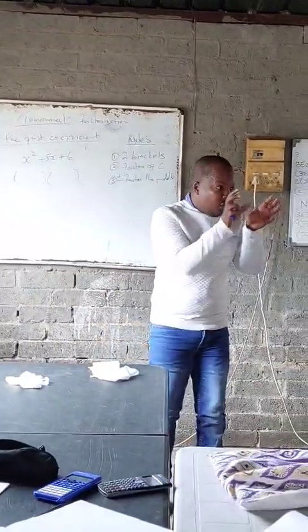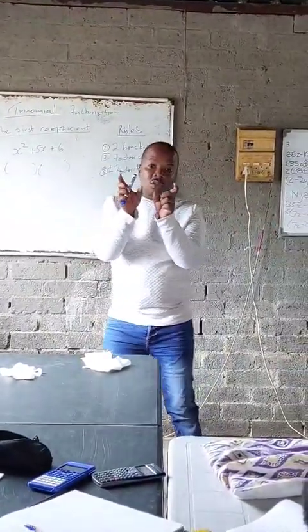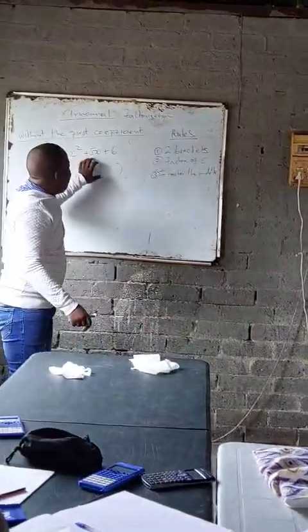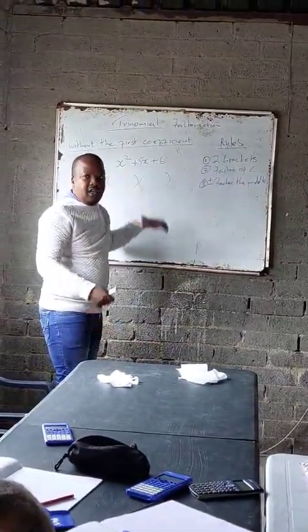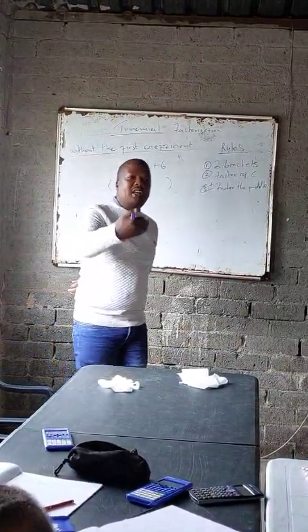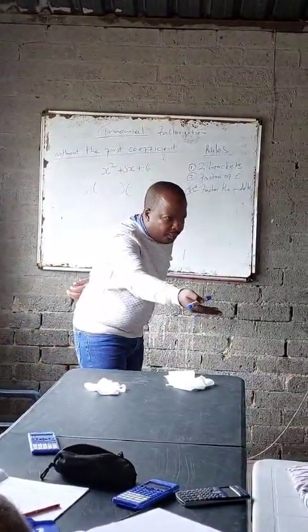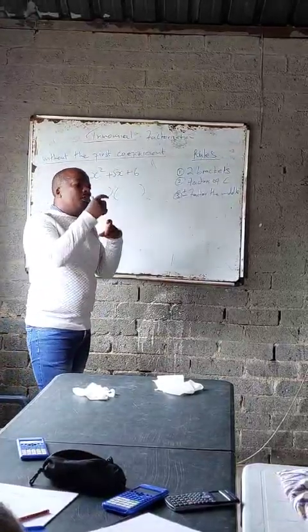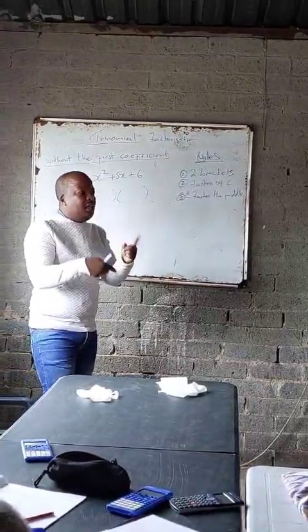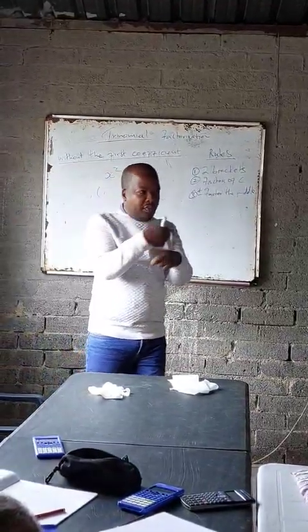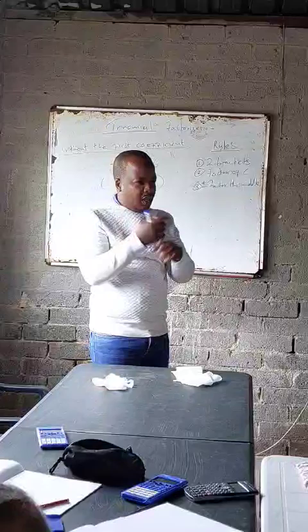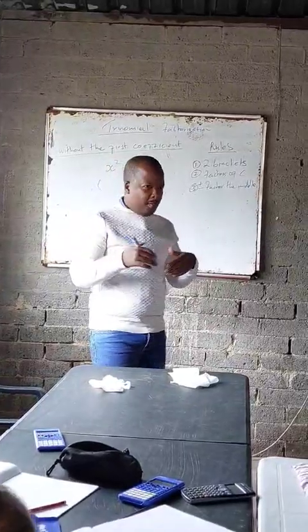You have to choose from those factors two that, when you add or subtract, give you B. They give you the value of B, and they also give you the operation of B. So if B is negative, those two must also give you a negative answer. If B is positive, those two factors must give you a positive answer. Am I making sense? Right? And then